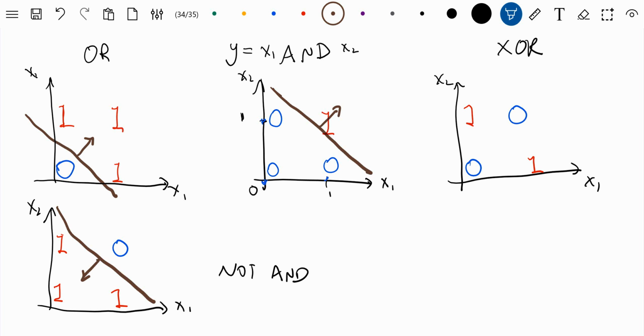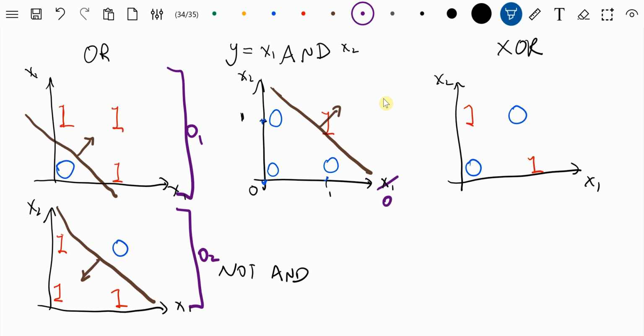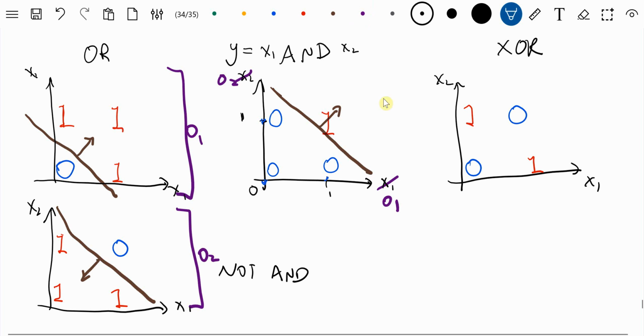So the next thing to do is to say that these two will have an output, say O1 and O2. And let's put these O1, O2 into this AND perceptron. So this becomes O1 and this is O2. And let's see what the outputs will be. So the output of this whole thing, the AND combined with OR and NOT AND,